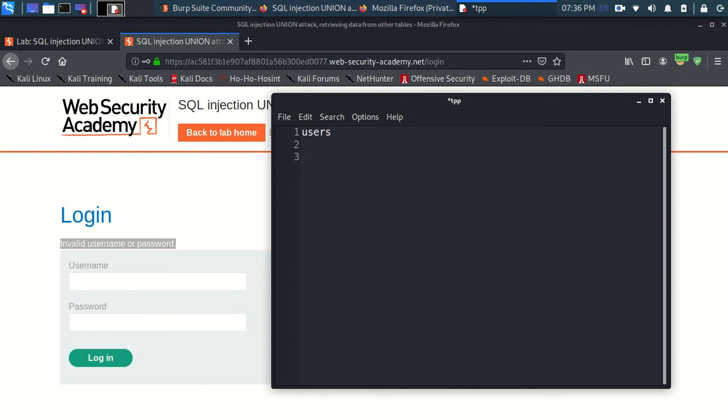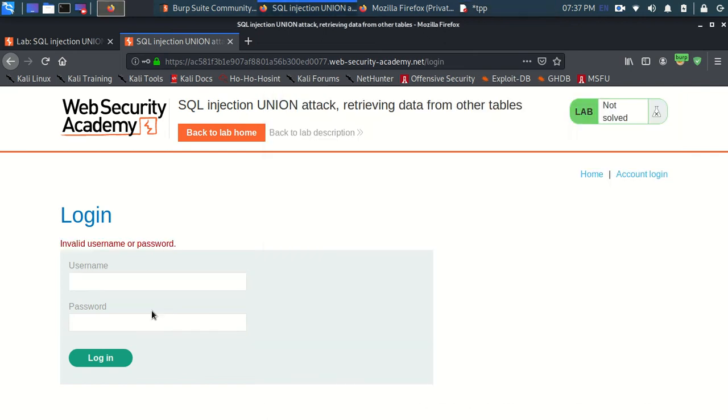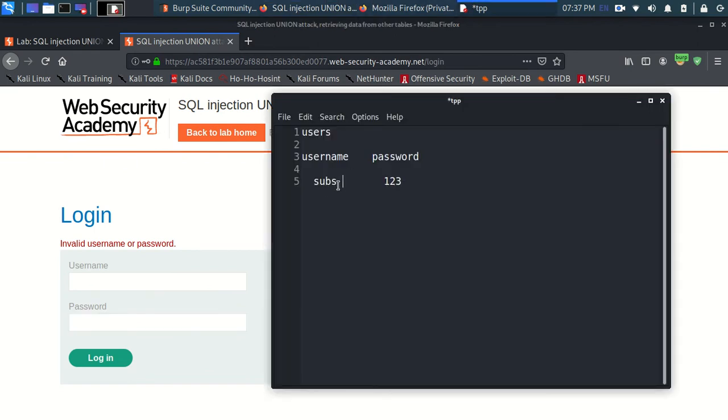One of them might be username and the other might be password. So whenever you form a new username, it comes in this username column, such as if I put the username subs and the password 123.